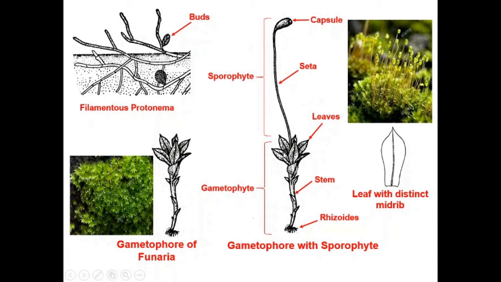Here you can see late in the season the plant forms erect upright sporophyte after the sexual reproduction. Sporophyte is partially dependent on this gametophyte for its nutrition in early stages. The mature sporophyte is differentiated into three parts: the foot that is anchored on the gametophytic tissues, its long seta portion, and the capsule at the top. The capsule is the spore producing part of the sporophyte.